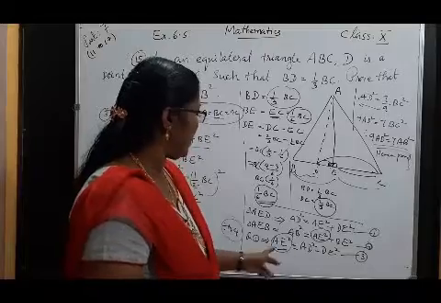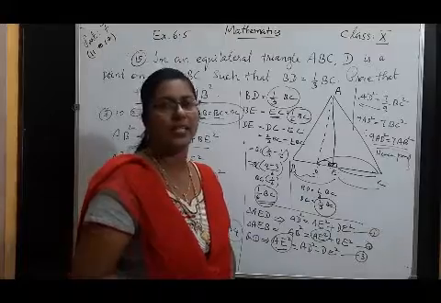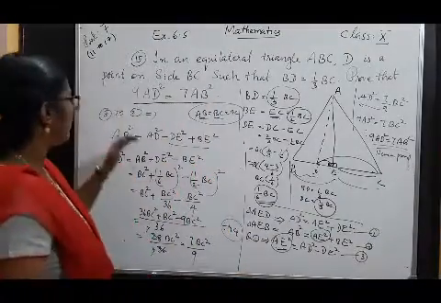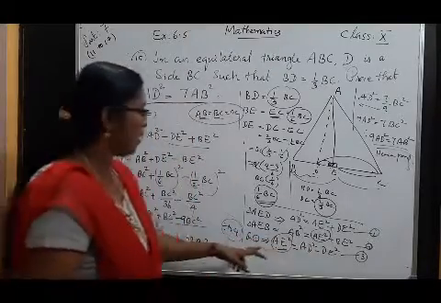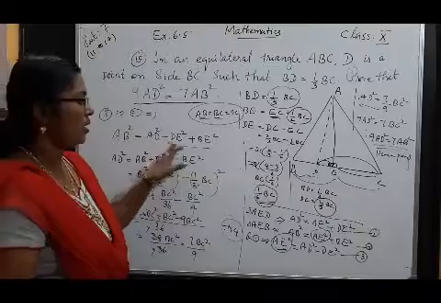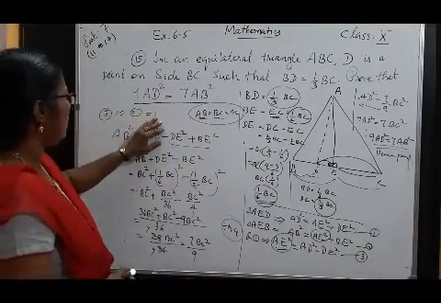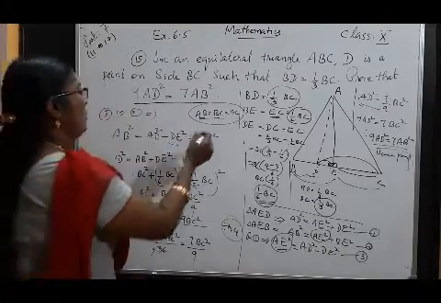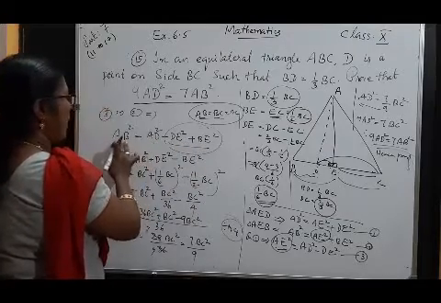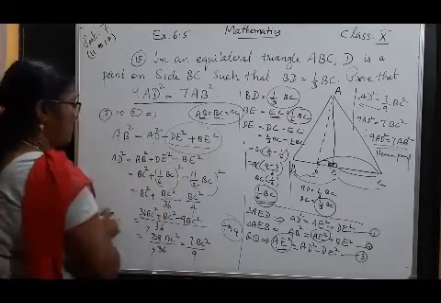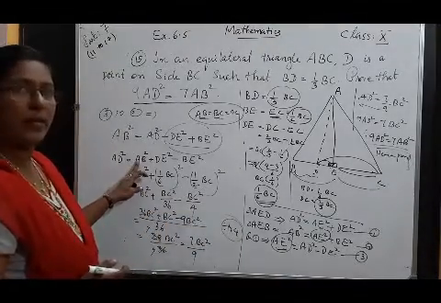Then rearrange equation 1, the small triangle AE square equal AD square minus DE square. Then substitute this in equation number 2. AB square equal AD square minus DE square plus BE square. Okay. Then transpose these two terms on the left side. AD square equal AB square plus DE square minus BE square. Then write in terms of BC. This is AB. AB and BC are equal.